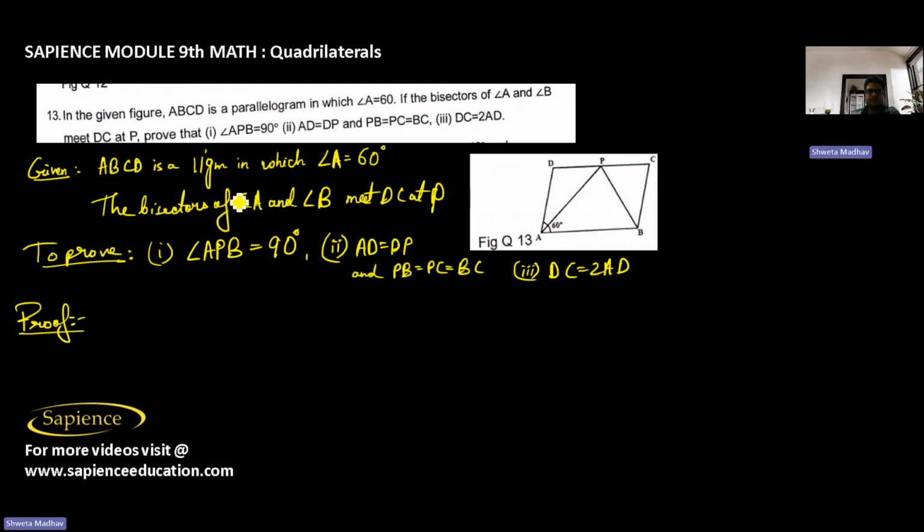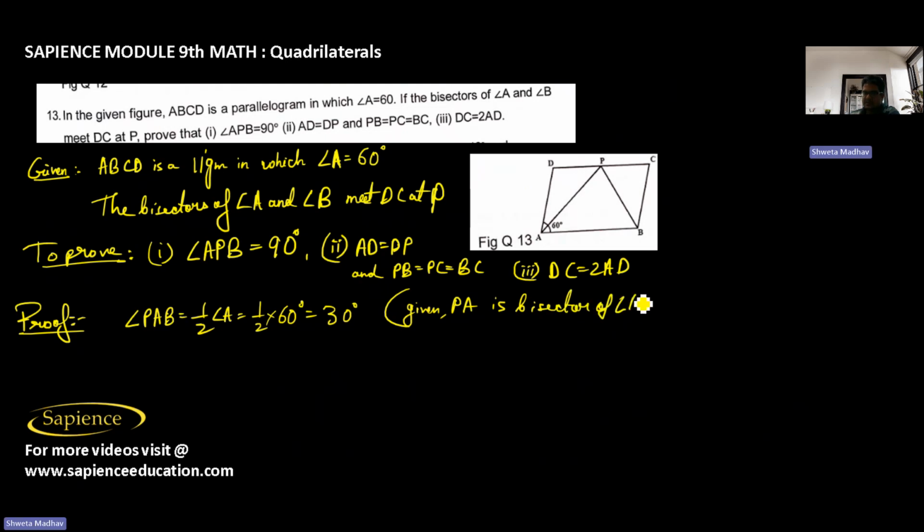Proof: it is a parallelogram in which angle A is 60 degrees. Bisectors of A and B meet DC. Now, we can say that angle PAB is equal to half of angle A, which is half of 60 degrees, that is equal to 30 degrees, since it is given that PA is the bisector of angle A. And similarly,